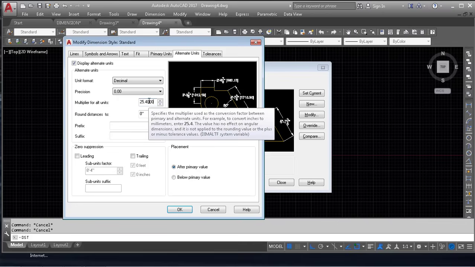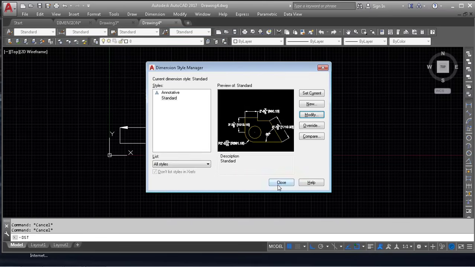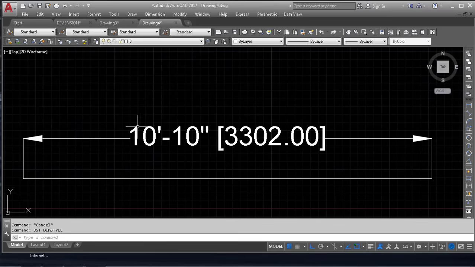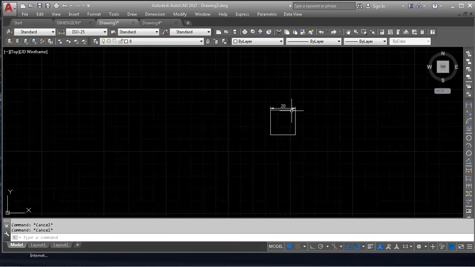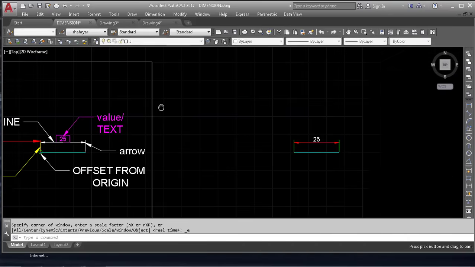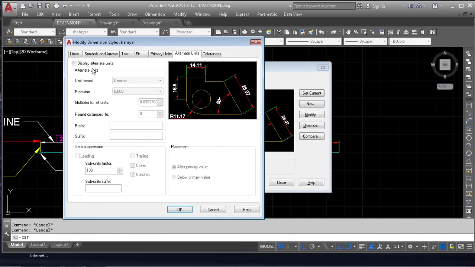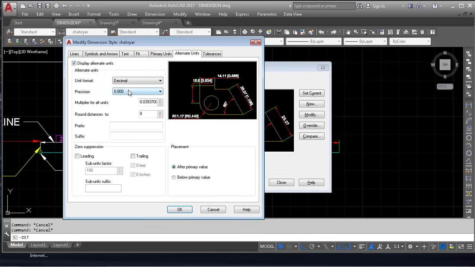It is the conversion from inches to mm. If you use a millimeter scale, then the value will be 0.35 something. So it is 25.4. Now this is your inches value, and this is your millimeter value. Same as I am going to do in this case, DST, enter, modify. I want its inches value to display,